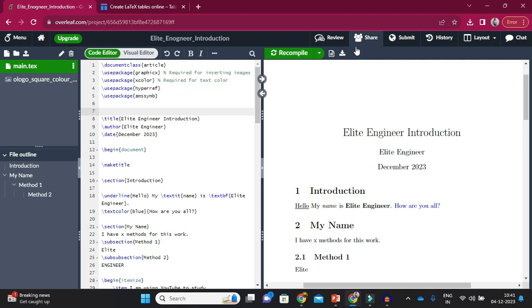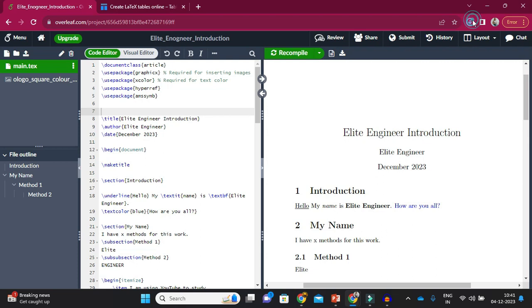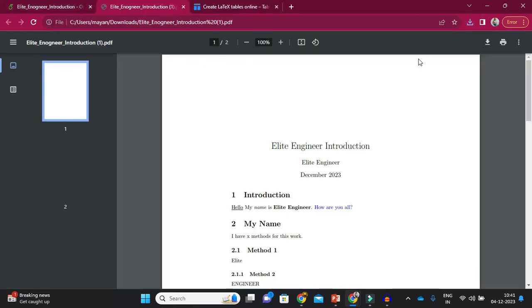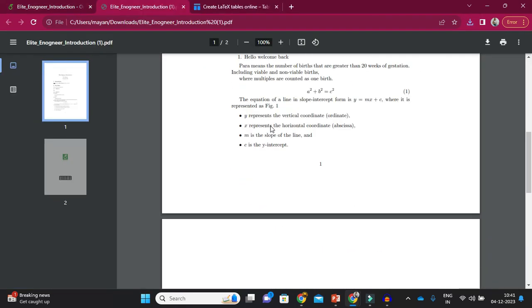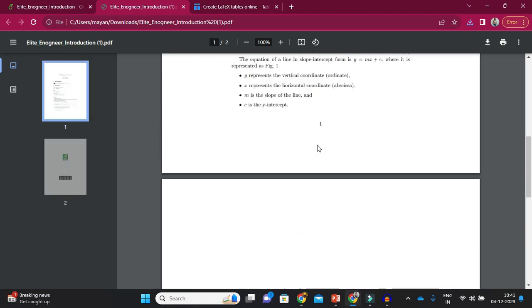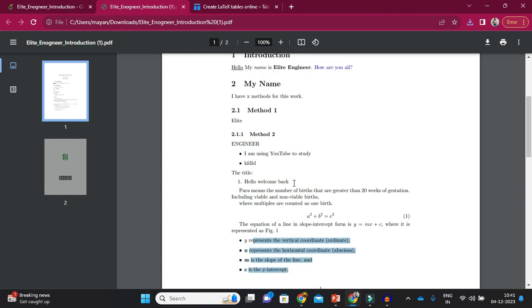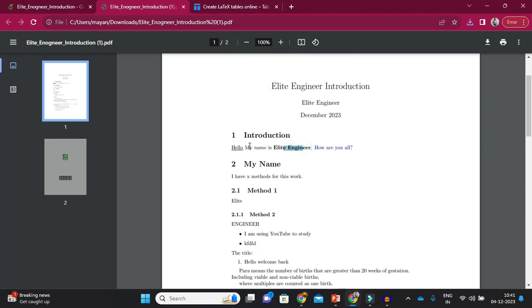Okay, and then there's a download PDF. Click here, it will download a PDF for you. Now click here to view the PDF which you have created. There's a PDF file that has been created with the table, with the logo, the equations, and this is what I have already told you: math inline, the highlight, bold, italic, and the color change, with the title, with the script, that is with the